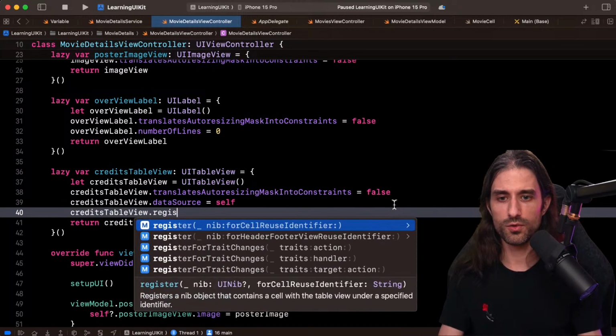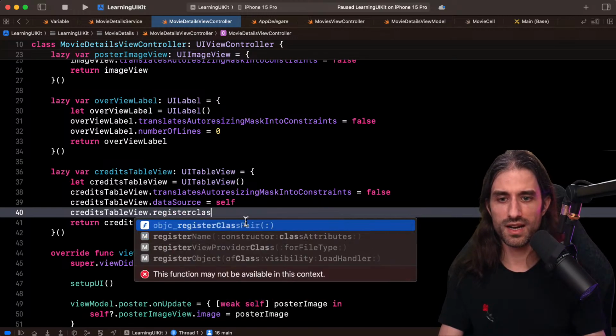And the way to do it, we have register, and you can see here you have register a nib. So a nib, it's a zip file, which is just like a storyboard, but only holds one view. They're not used a lot, but they're still used when you want to define a cell in a UI file. And me, I want to register a class actually.